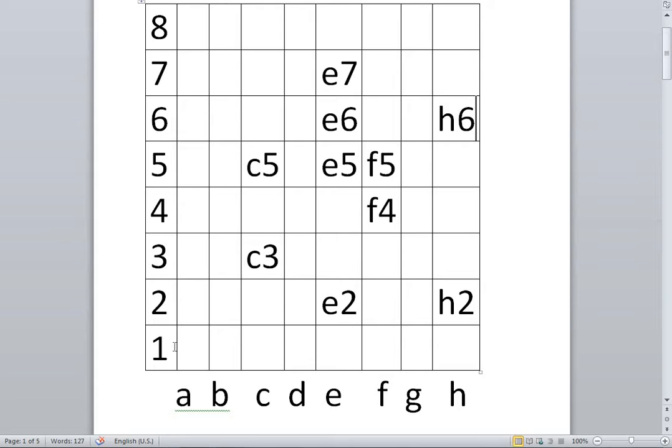Now, how to give the practice to the young kids? Please draw an empty chessboard. Write A, B, C, D, E, F, G, H and 1, 2, 3, 4, 5, 6, 7, 8 on the side of the chessboard. Then you have to tell the newcomer or the young child to write the name of the squares. Now what happens usually is they start writing in a single line like A1, A2, A3, A4, A5. This way they will never get the real practice.